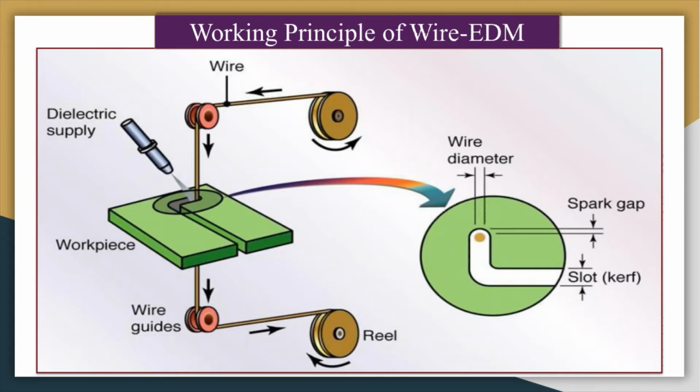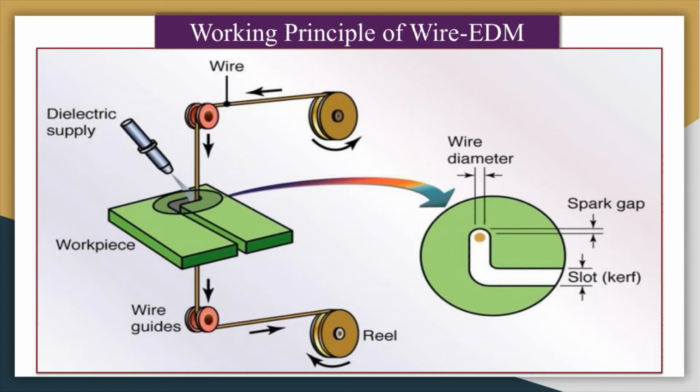Here you can give 4-axis motion also. So different kinds of shapes can be generated in this EDM process by tilting the wire in the forward-backward direction or left and right direction. The capability of this wire EDM setup can be represented by the maximum tilting angle. It can move the wire, it can bend the wire also. So this is an advantage of this wire EDM process.